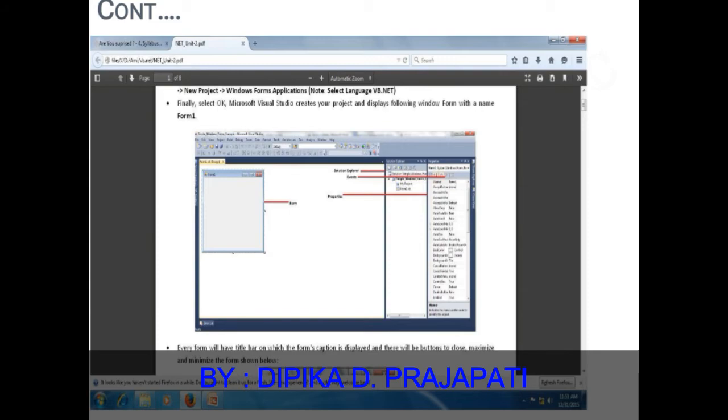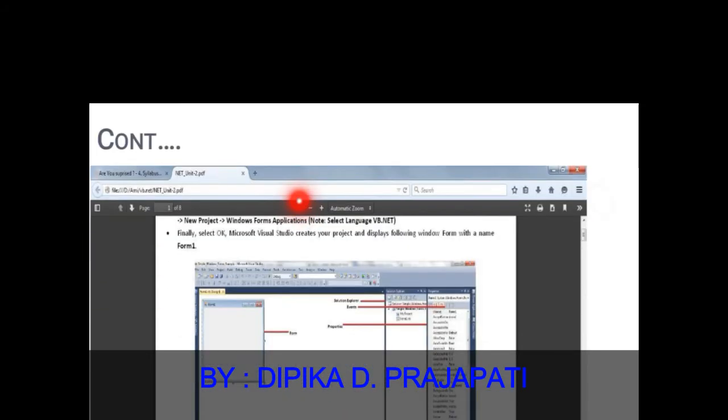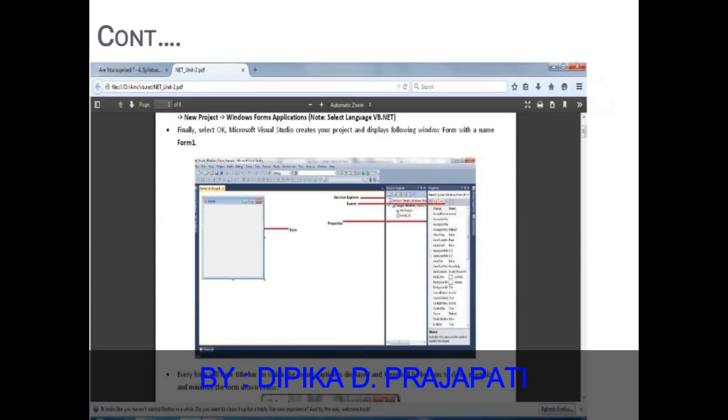Then you have to click the File menu. Then you have to go to New Project. Then you have to select Visual Basic language, then click on Windows Form application and OK. Then this type of Form1 shows on your desktop screen.